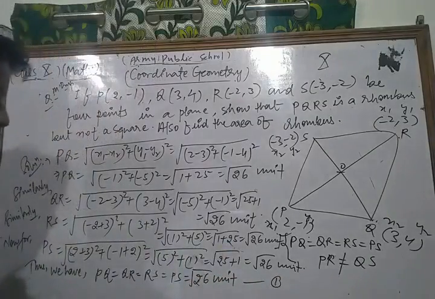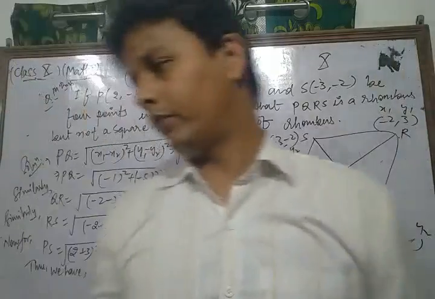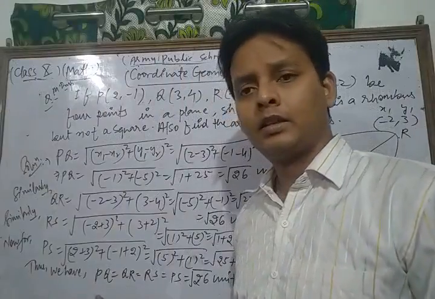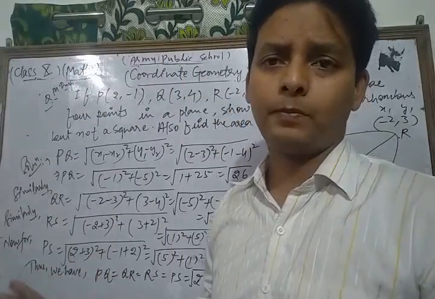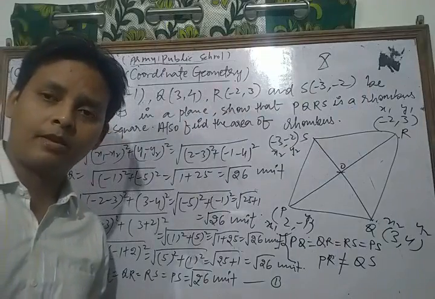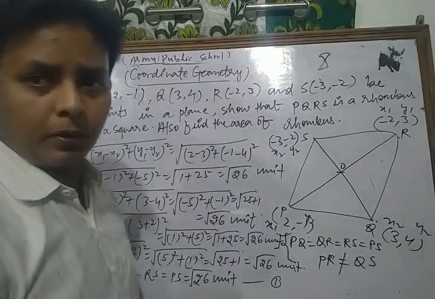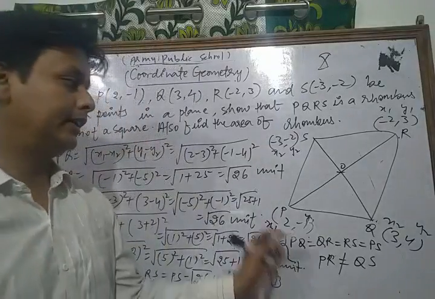Take equation number 1. From there we find all of its sides. Each and every side is equal to under root 26 unit. Now, to show that this is a rhombus but not a square, we must find